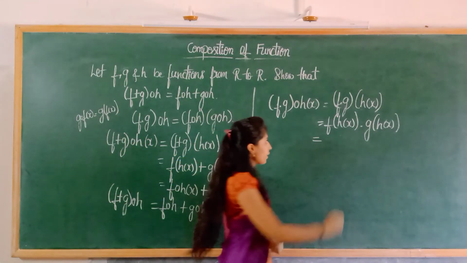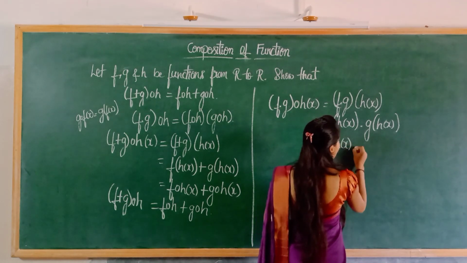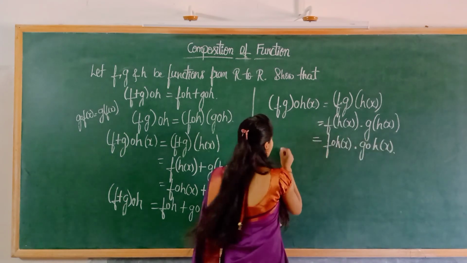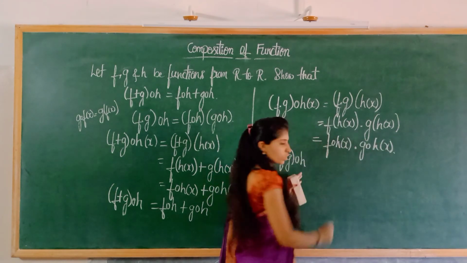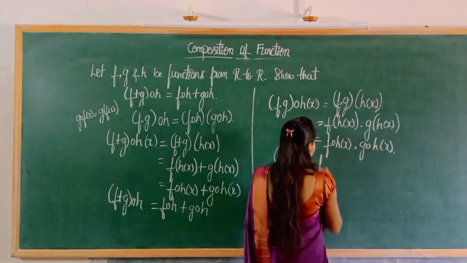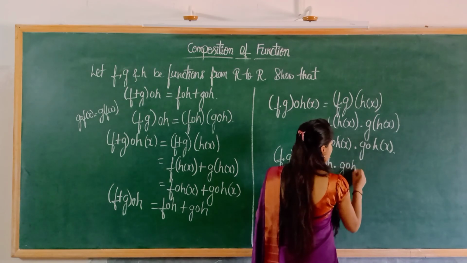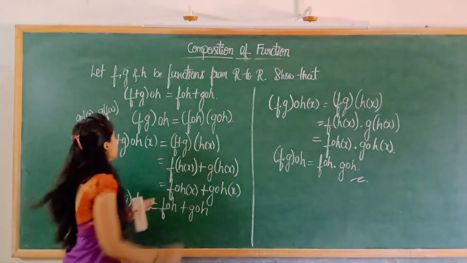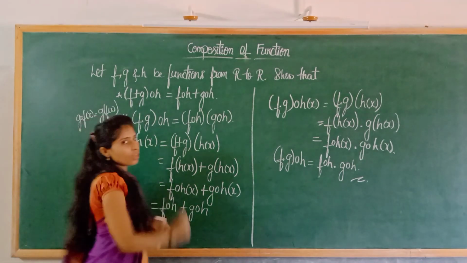So I can write f composition h of x into g composition h of x. Finally, f into g composition h is equal to f composition h into g composition h. Finally we have proved both the conditions 1 and 2. Okay, in this class we have